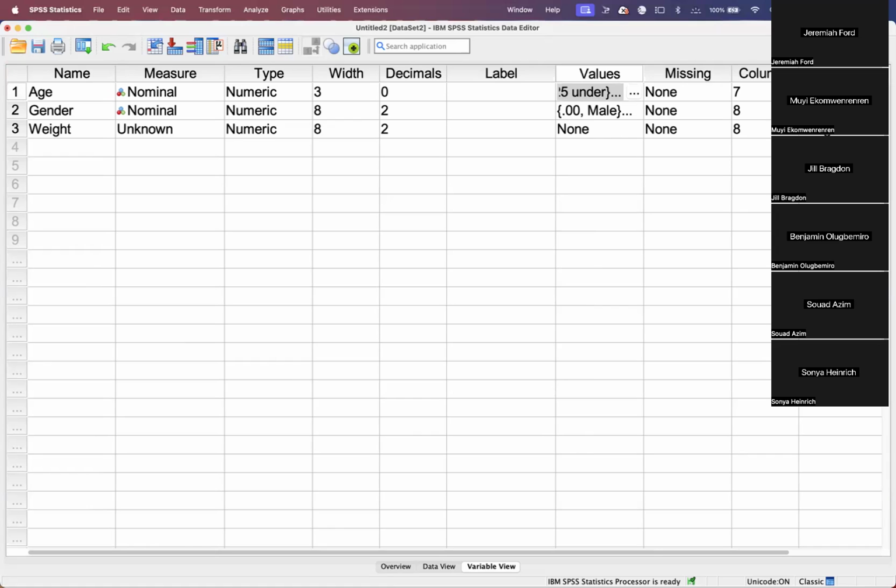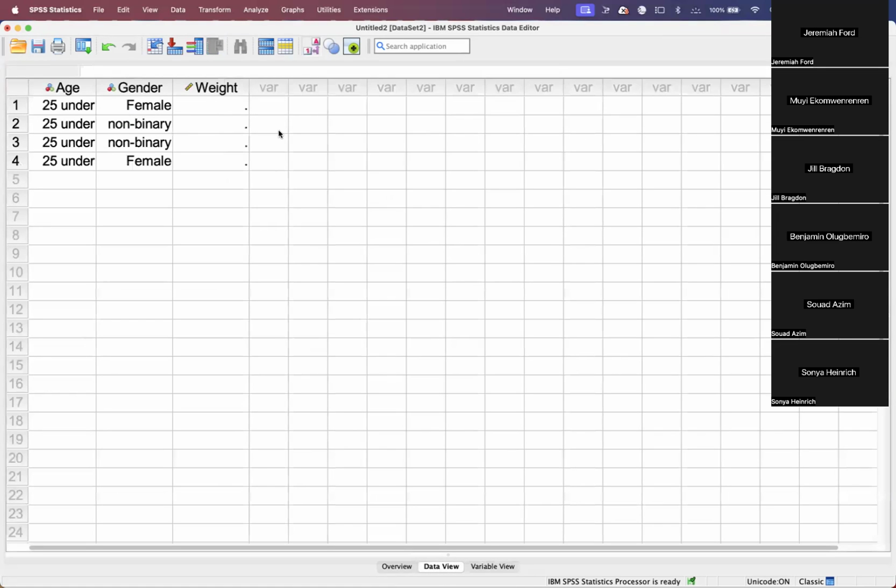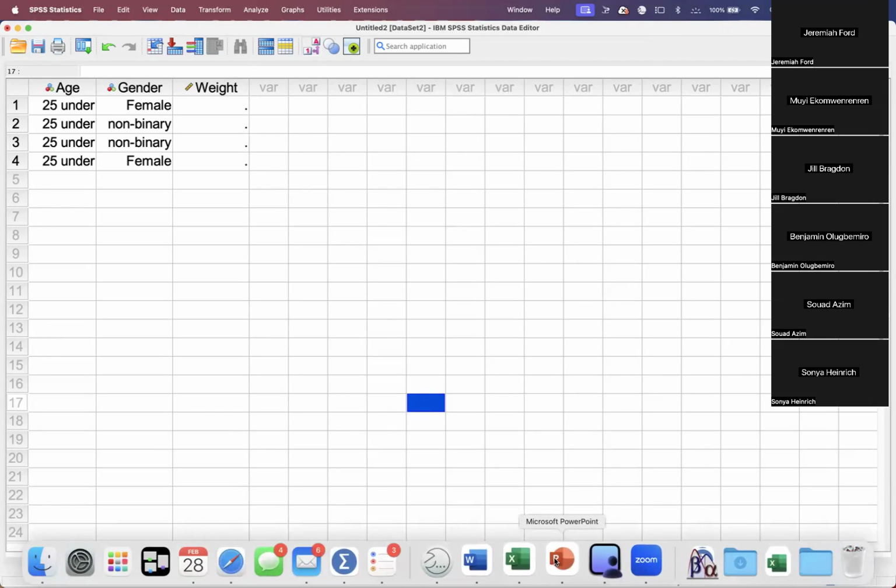Okay, fantastic. And again, the data view is where you will enter the data. So if anyone's taking a course, you're going to have a data set with all of this already in here. As you proceed through the course, you're going to be told to run this test, run that test. You will learn what variables and scales of measurement you can use for each test. That's why it's important to understand the scales of measurement concept. Okay? So now, having said that, the next thing I wanted to do was to show you